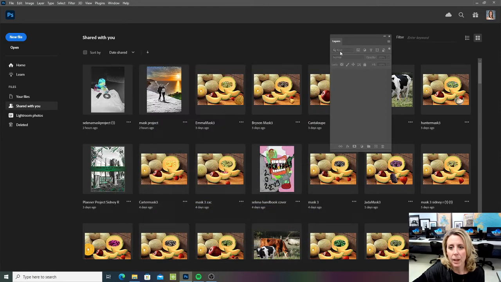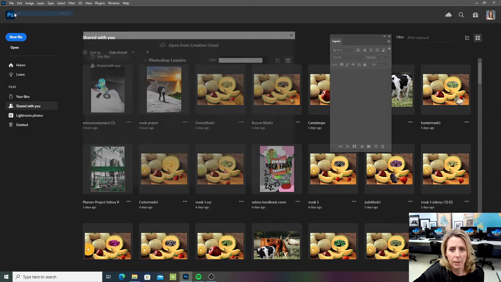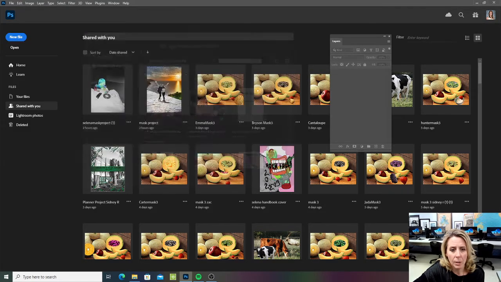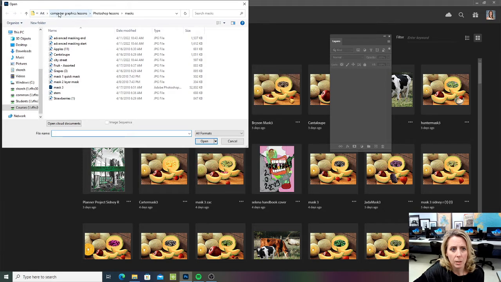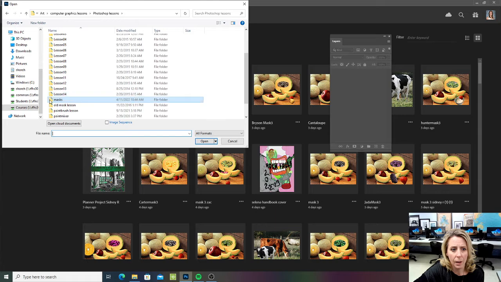Hello, welcome to your final and most challenging lesson on Photoshop masks. Let's get started. We're going to go to File, Open. On the computer, we're going to go into Art, Computer Graphic Lessons, Photoshop Lessons, and in there is a folder